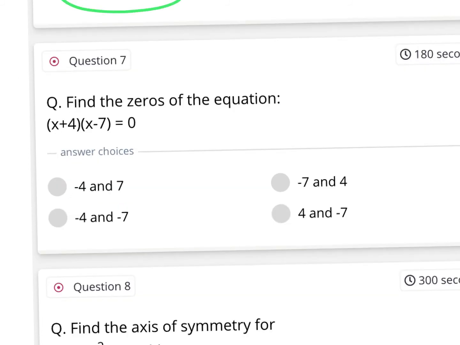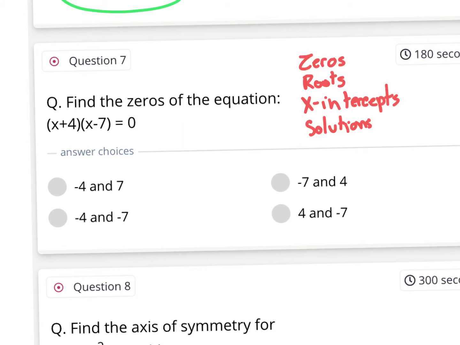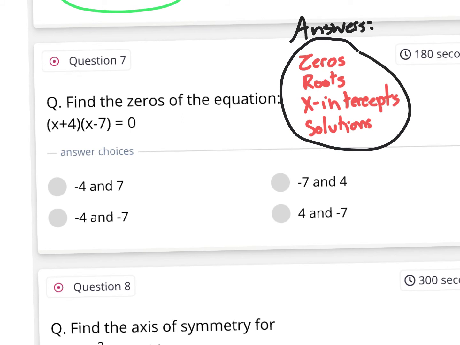Find the zeros of the equation. Now remember, finding the zeros, finding the roots, finding the solutions, they all mean the same thing. All these phrases mean the same exact thing, right? Zeros, roots, x-intercepts, solutions, all just mean the answers, okay? So when they say find the zeros, you want to find the answers to this equation, and we should remember